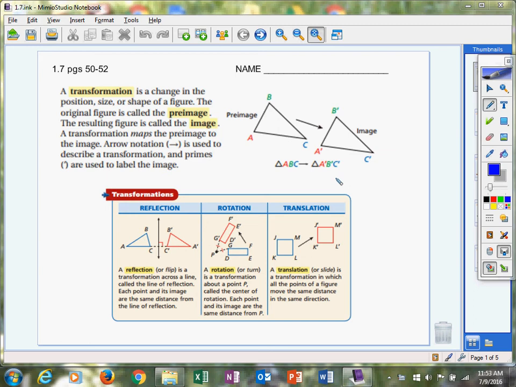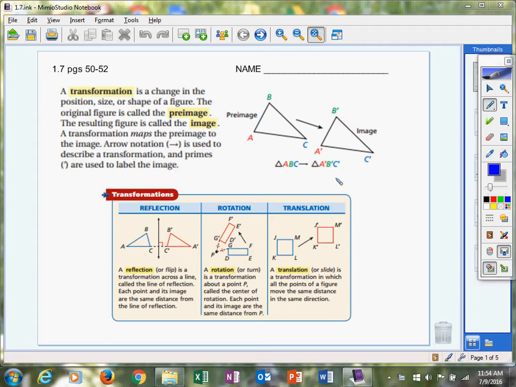Geometry students, we are going to talk about some transformations. We have had some experience with this in algebra. There is definitely a big algebraic component to this. I don't know that we're going to necessarily exploit that in this particular section, but we're going to focus on recognition. So a transformation, basically the basic definition is if you change the position, size, or shape of a figure,